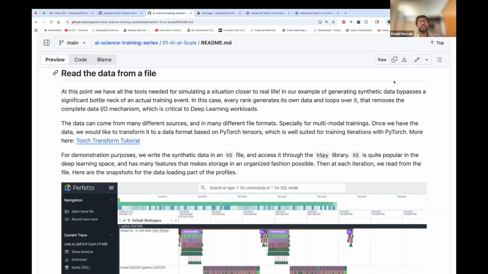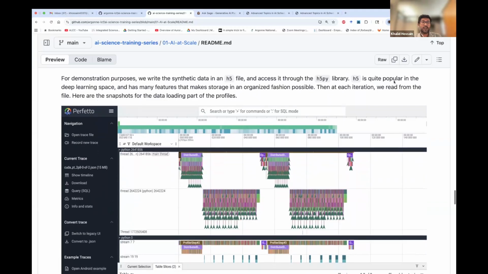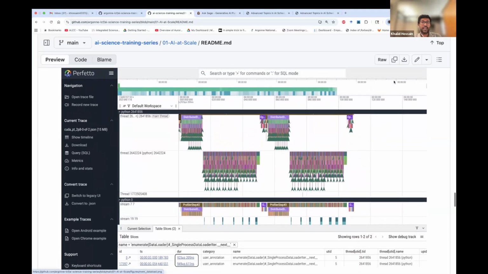You will probably not have the luxury to generate the data locally, and that can lead to a longer runtime of your application. So what we tried to do is gather the profiles, and I have given the examples, so you will be able to